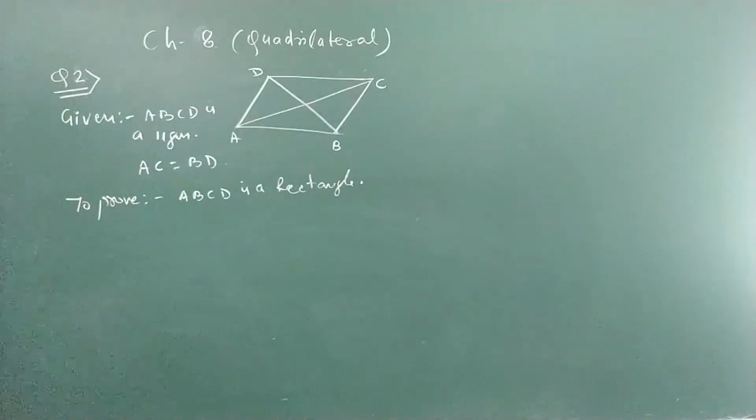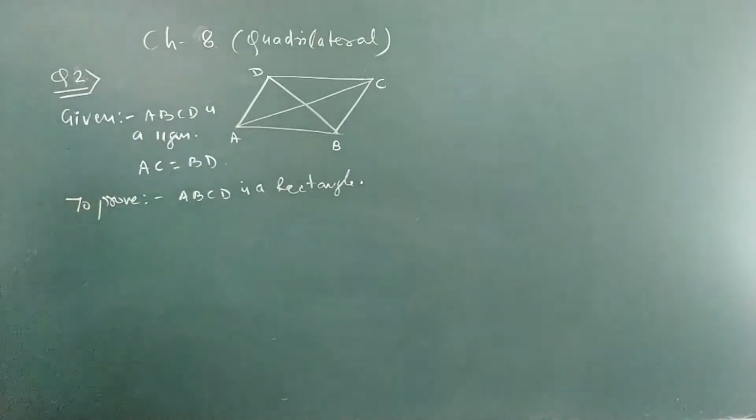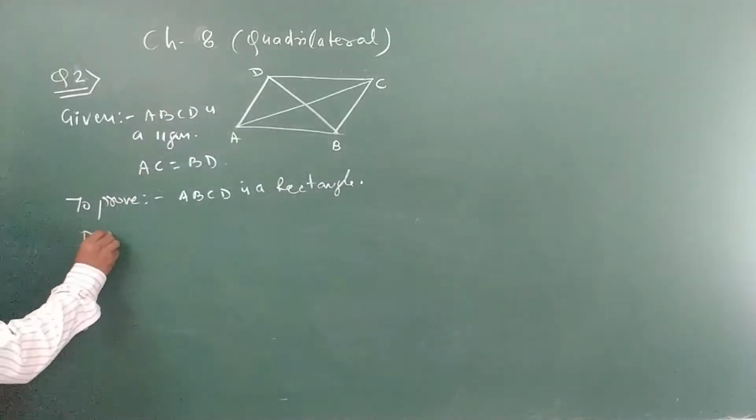When we compare the properties of a rectangle and a parallelogram, as I told you, we prove by using this comparison. We know that a parallelogram becomes a rectangle when the diagonals become equal, but we cannot use that property because the diagonals are already equal. So we will use the second difference, which means we make all the angles 90 degrees. So I'm proving two triangles congruent, and then I can prove angle A or angle B or angle C is 90 degrees. So how will you prove it?